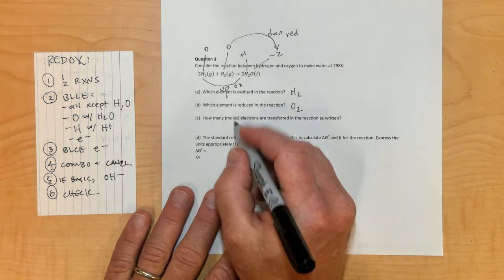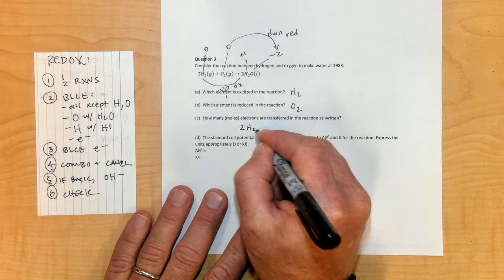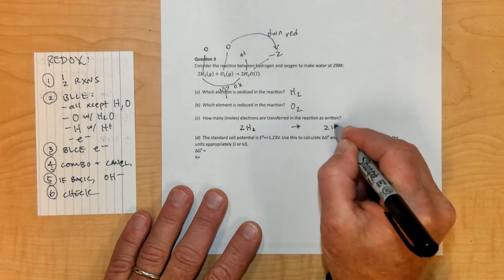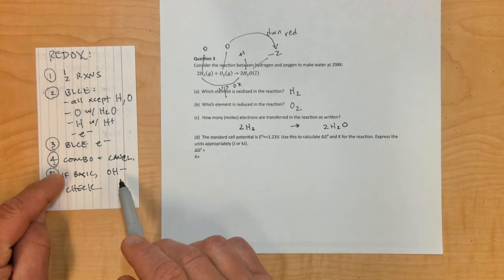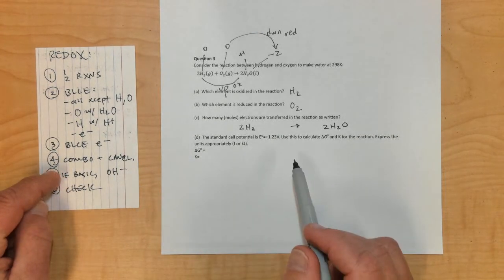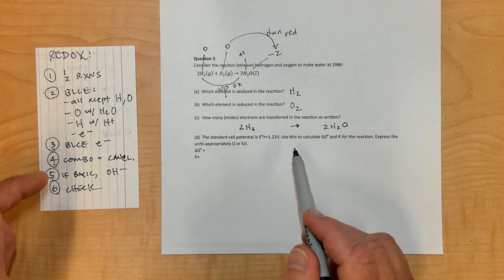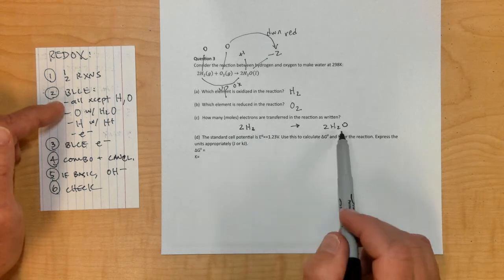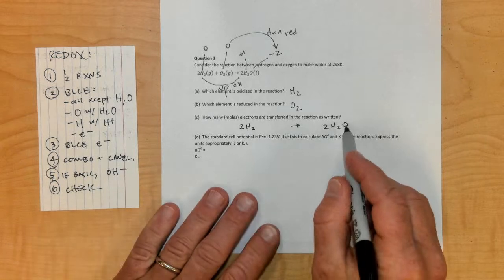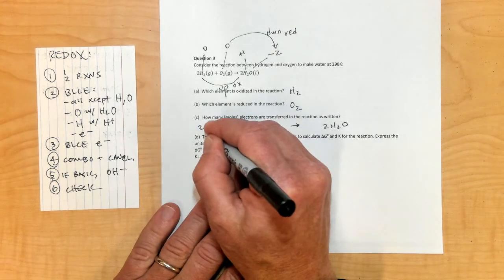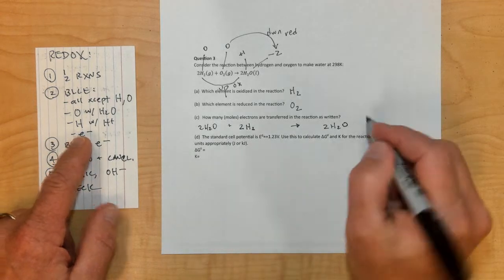I'm going to take a little time to do that. We're going to take the oxidized part, 2H2, and write that as going to 2H2O. If you remember the steps from balancing redox reactions, you're supposed to balance everything except hydrogen and oxygen first. Then O is balanced with H2O, so I'm going to have to add 2H2O to this side to help balance it. And then balance the H's with H+.